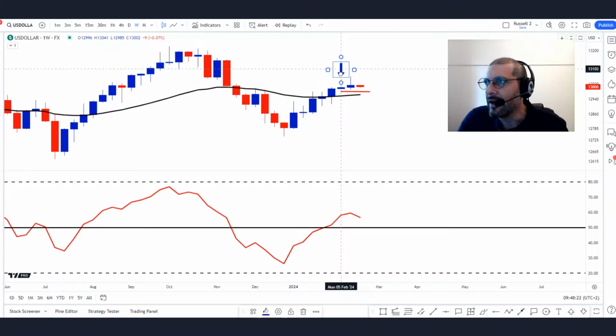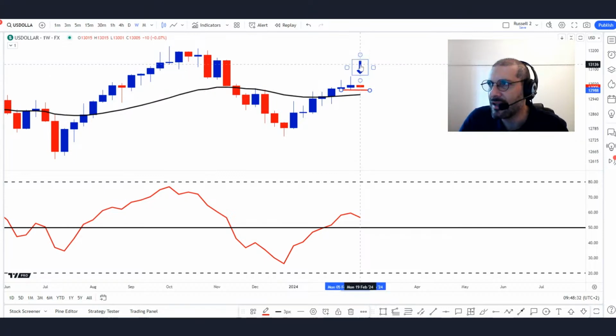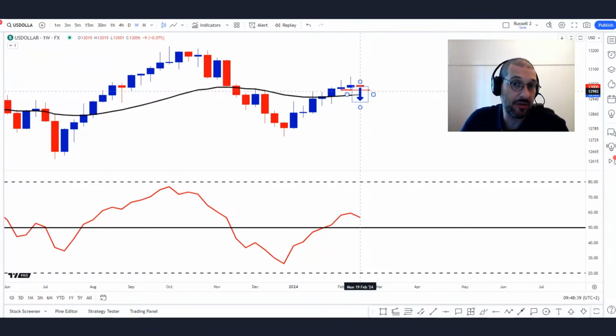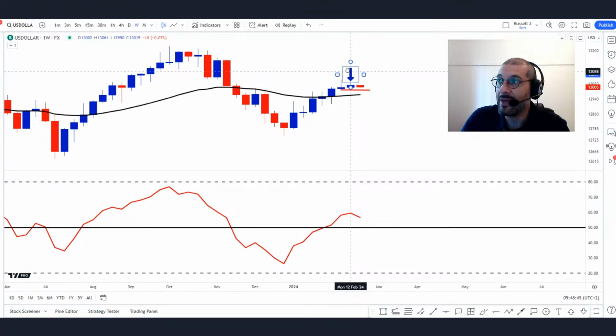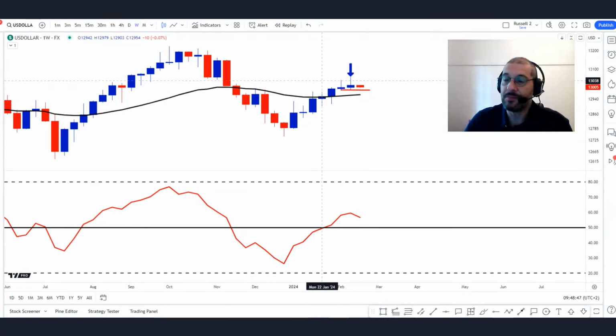Okay. Gravestone doji, then last week's gravestone doji. Now a little bit of red that's starting to manifest. I'm going to move this line up to last week's low. And if we break below last week's low and close below it, and we'll only know that at the end of the week, then perhaps some sort of correction is coming in here. There's no doubt the dollar does look supported.